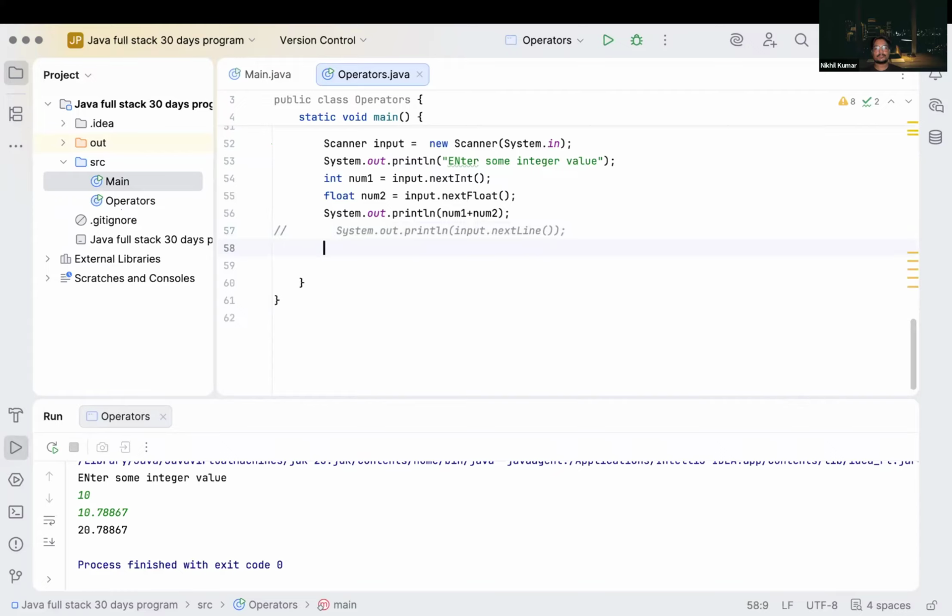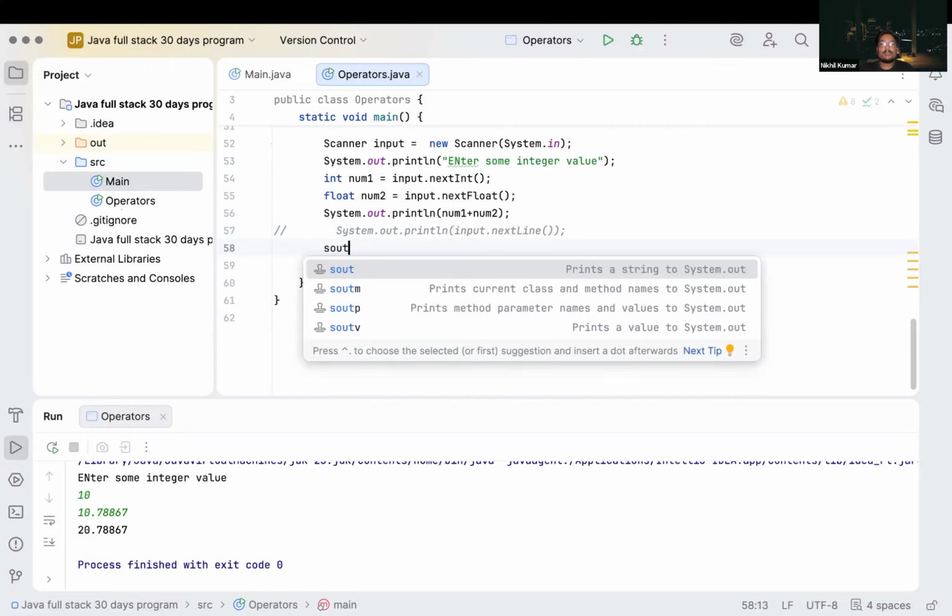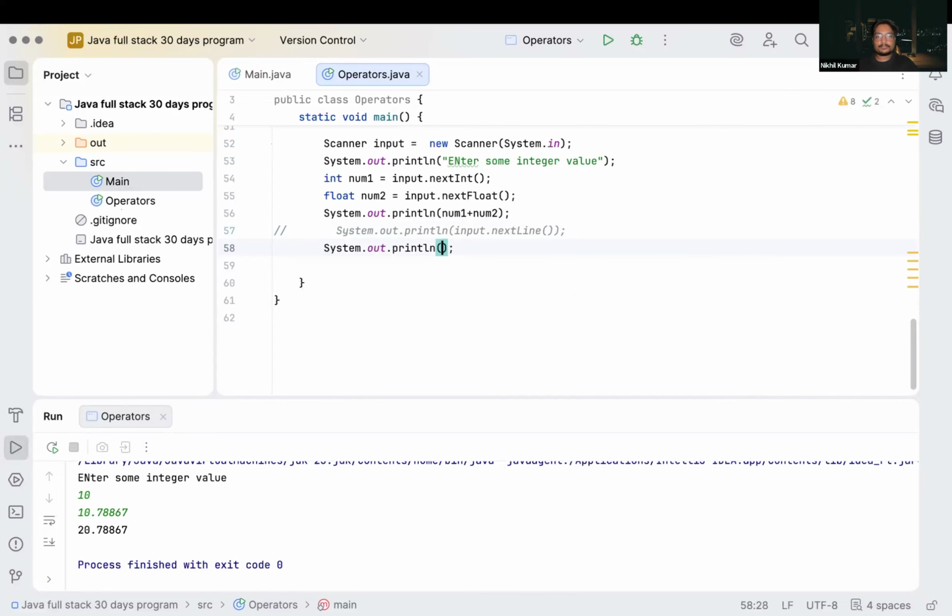A simple calculator which has plus, minus, divide, and modulus. Correct. So we have plus, minus, multiply, divide, and modulus. So what we will do, we write a welcome to our calculator, and after that what we can do, simply we will write